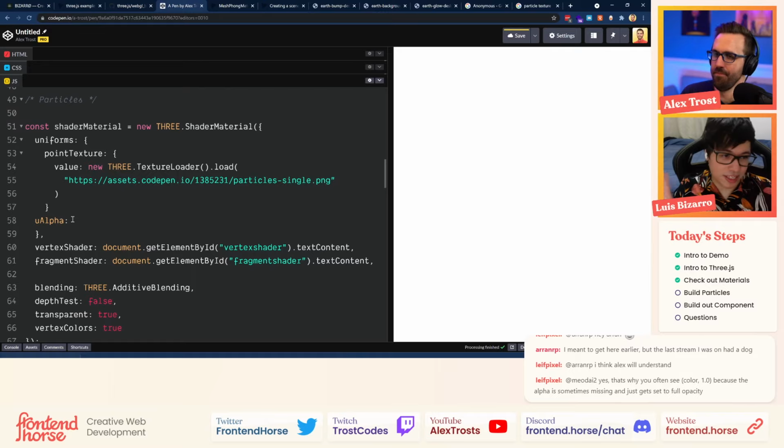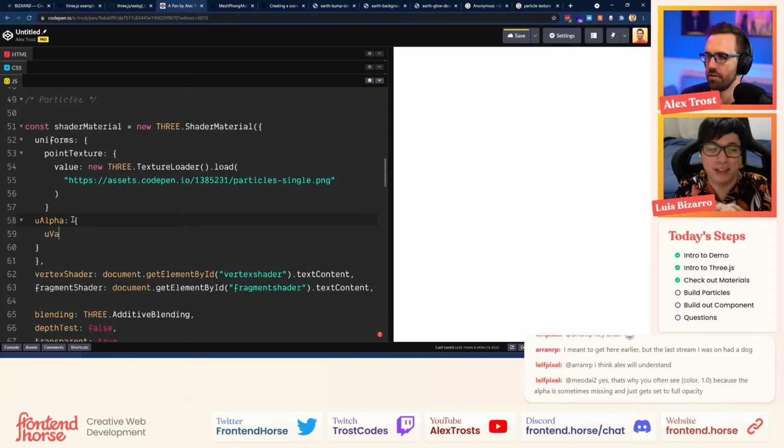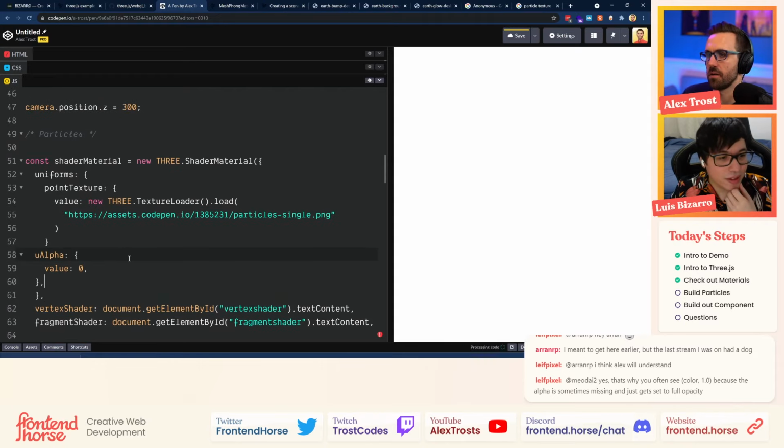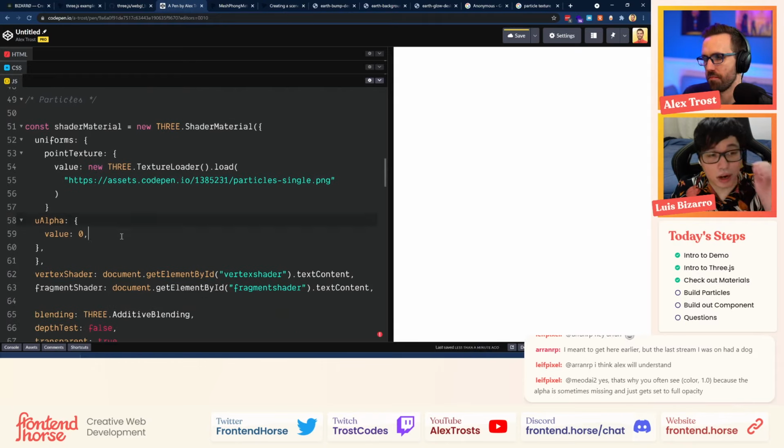Two points, then your value is going to be 0. So it's another object. Sorry, another object, value is 0. It doesn't need to be u, just value. Nice. Okay, it's missing a comma after the point texture. Thank you. Yeah, cool.